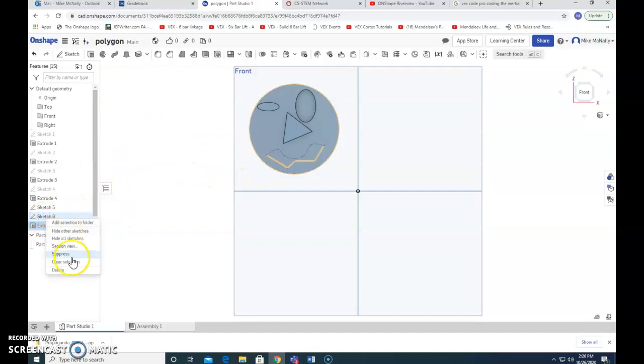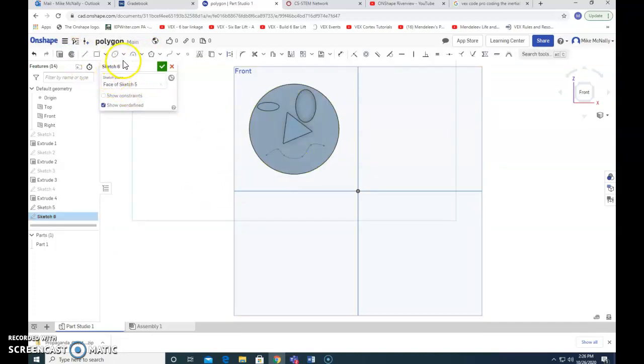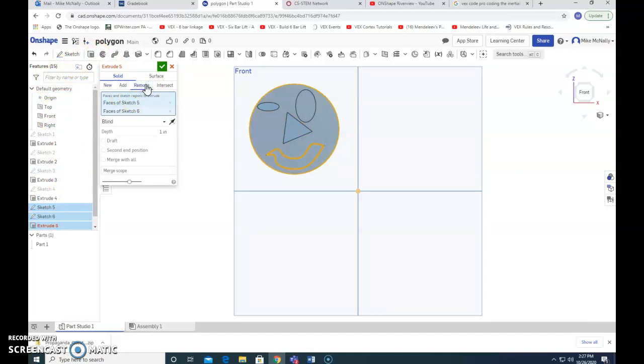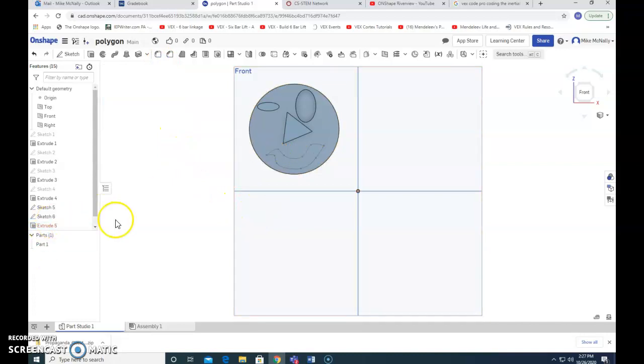We'll undo that sketch. Let's sketch on here again. Let's finish the whole thing with the spline tool so that it really does understand that it's one thing. Let's hope that it actually works. What I might have to do is select sketch 5 and sketch 6 together. And then let's see if it'll let me extrude. Still didn't. So we're going to delete,